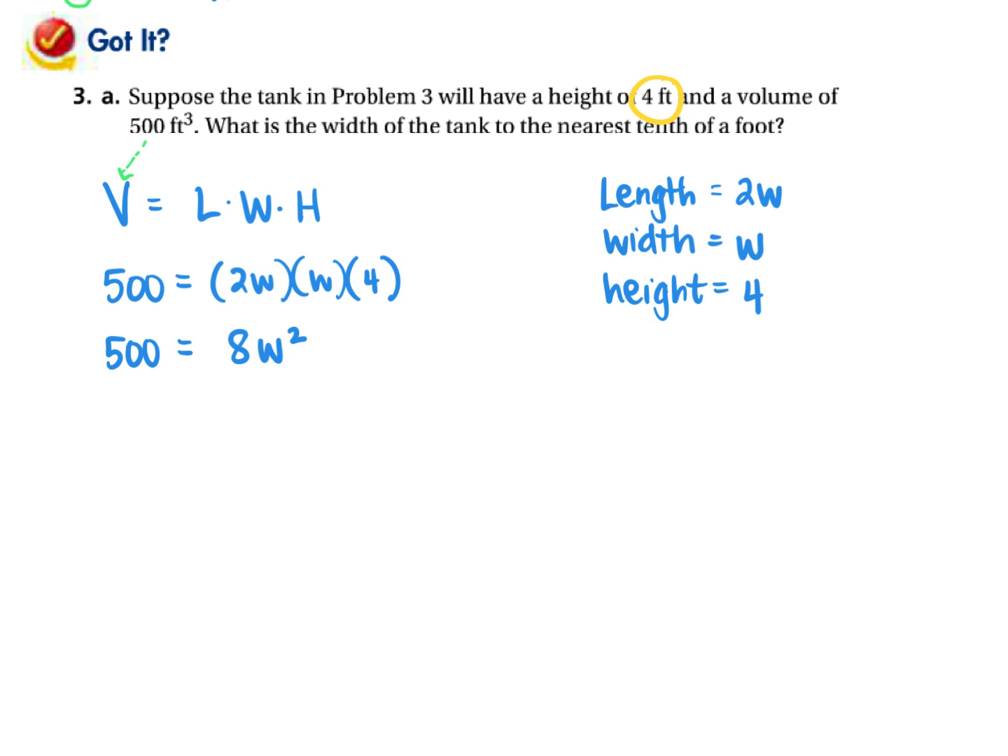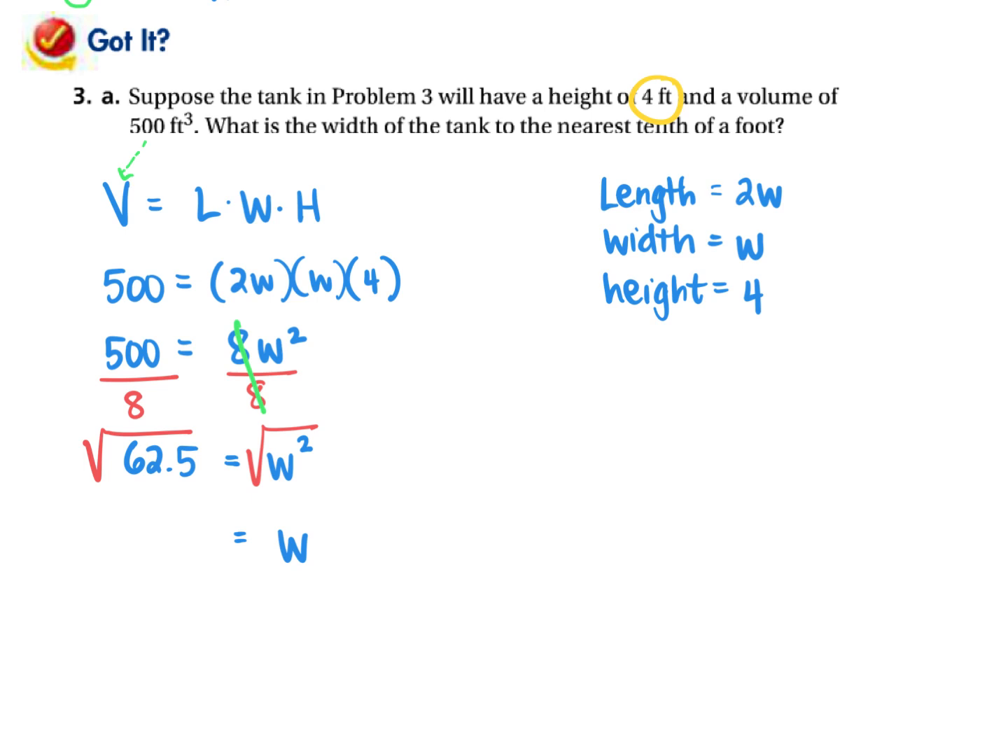And now we'll solve this by applying the same principles of getting rid of things or getting things by themselves. So we're going to divide by 8 on both sides, and the 8 in the numerator reduces the 8 in the denominator, leaving me with W squared by itself. And the other side turns out to be 62.5 when you take 500 and divide it by 8 on your calculator. Then you'll need to square root. The square root is going to be W by itself. And then we want to do the square root of 62.5,